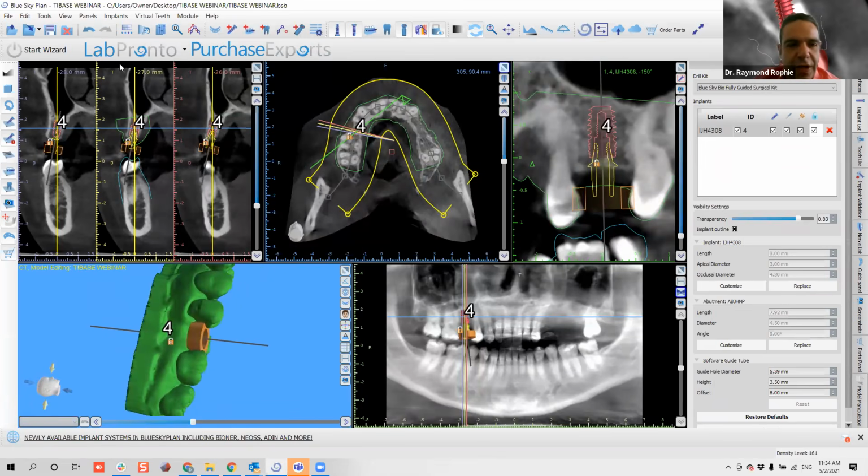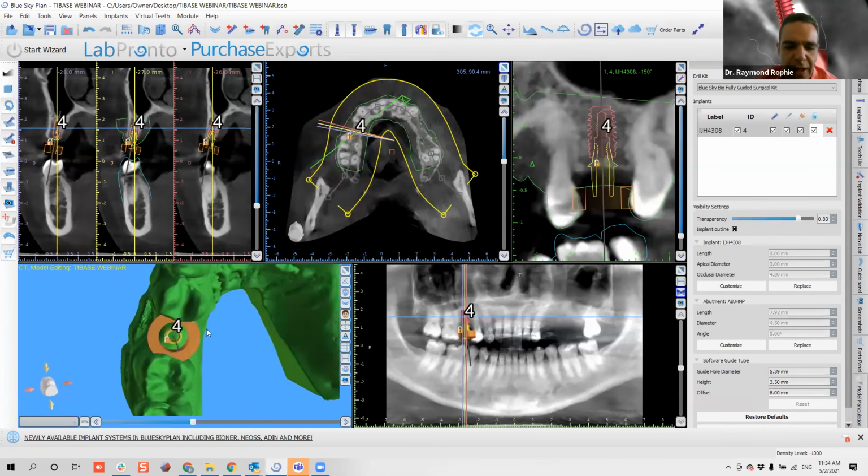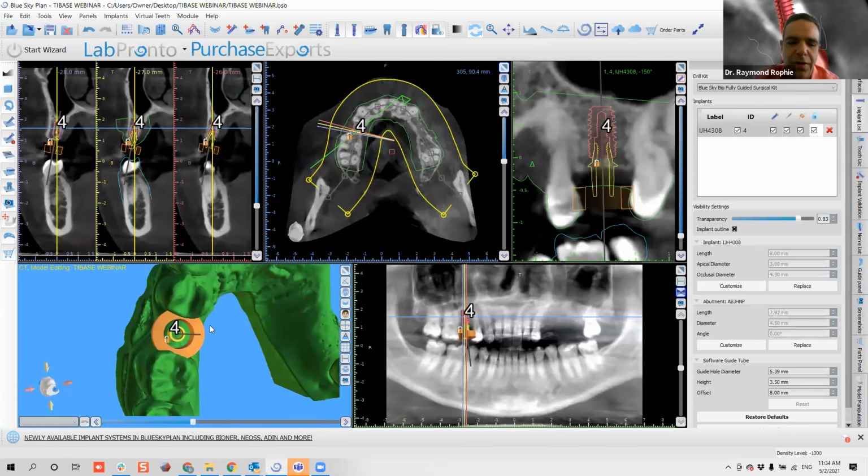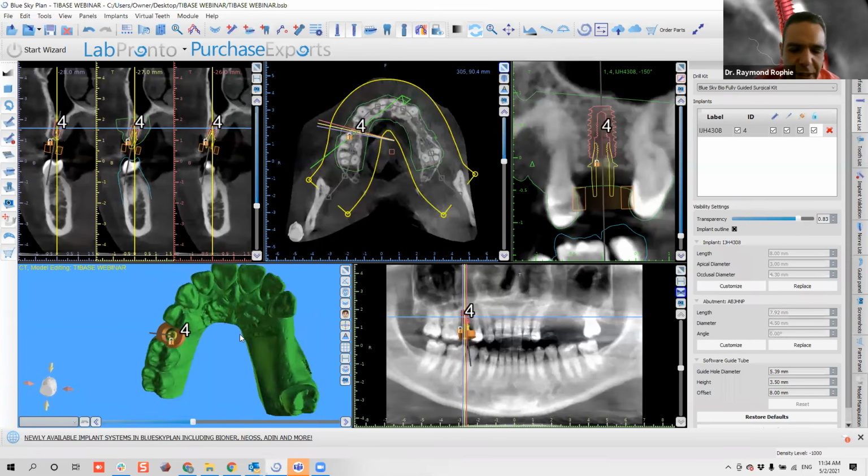And every time you change it, you can see here in the guide hole diameter that it will be changing the size of this brown tube, okay? And this will create the right space for you to slide in your sleeves. Perfect. So now what we do is